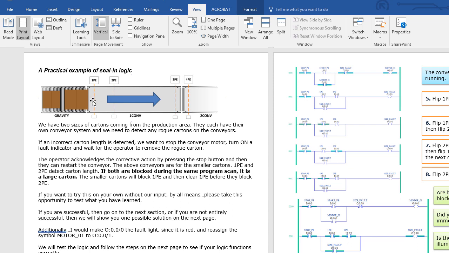In other words, it'll come on, it'll block this optical path, and then it'll block this optical path. This one will clear. If it keeps going, this one will clear. Judging by the length of it, if it keeps traveling, after it's cleared both of these, it will block this optical path. It'll interrupt this optical path, and at that point, at any point actually, you can start and stop